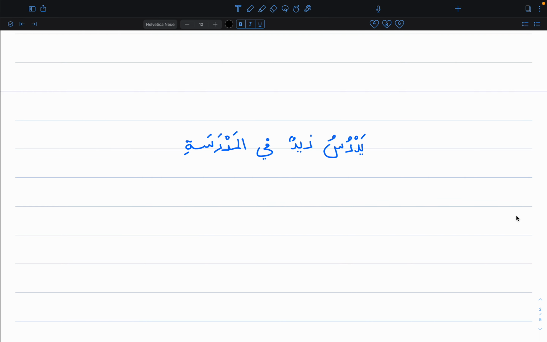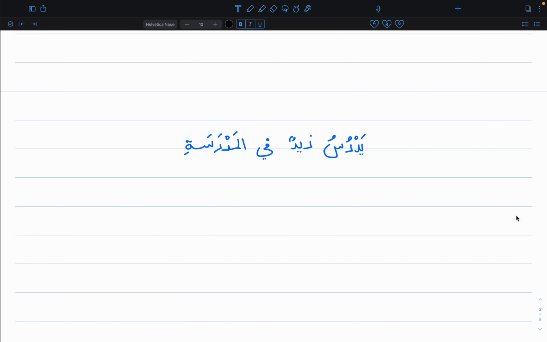Right, you've identified af'al, asma and huruf in this sentence, and you have gone a bit deeper than that by identifying the very specific type of af'al, huruf and asma that you have in the sentence. Once you have that, you can move on to identifying which word is the amil, i.e. the agent of inflection, and which word is the object of inflection. Right, so you would say yadrusu is a fi'l, and fi'l is an amil. It acts on its doer. Fi'l, i.e. verb, it acts on its doer, the person who is performing this action, and it gives it the